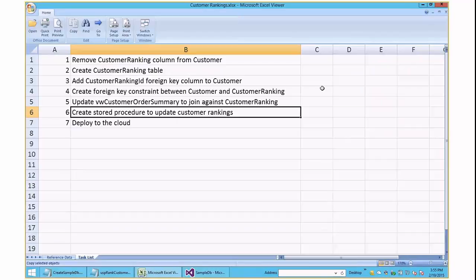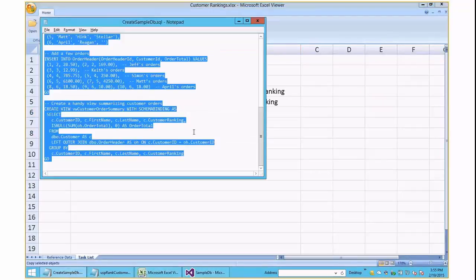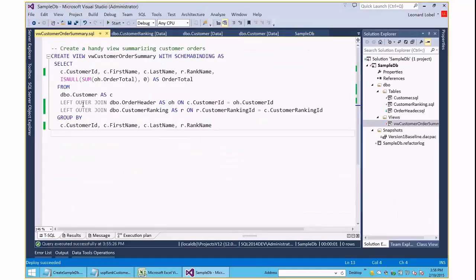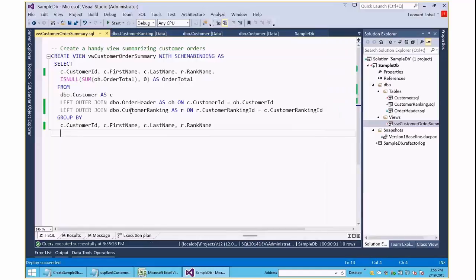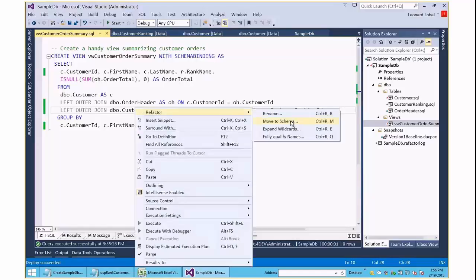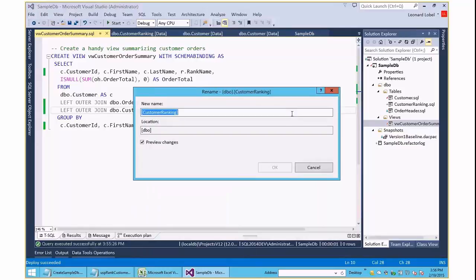customer rankings. But before we get there, I want to showcase another very cool feature of SSDT, and that is refactoring. So let's say it turns out that I realize I don't like the name of this table, customer ranking. I'm not ranking anything other than customers, so it's going to be shorter to just call it ranking. Globally renaming or refactoring in a database is something that's traditionally very difficult to do, but with SSDT, it's a piece of cake. You just find any reference, right-click, and say refactor, rename, and I just want customer ranking to